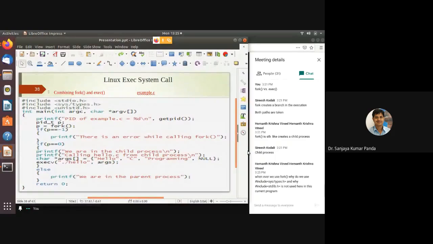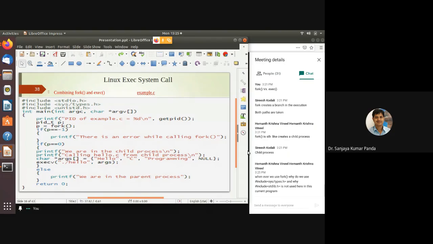Whenever you use fork, why do you use #include sys/types.h? Why is #include stdlib.h not used here in this current program? Okay, maybe this system call you check. I'm not sure, but this system call is defined under the #include sys/types.h header file.